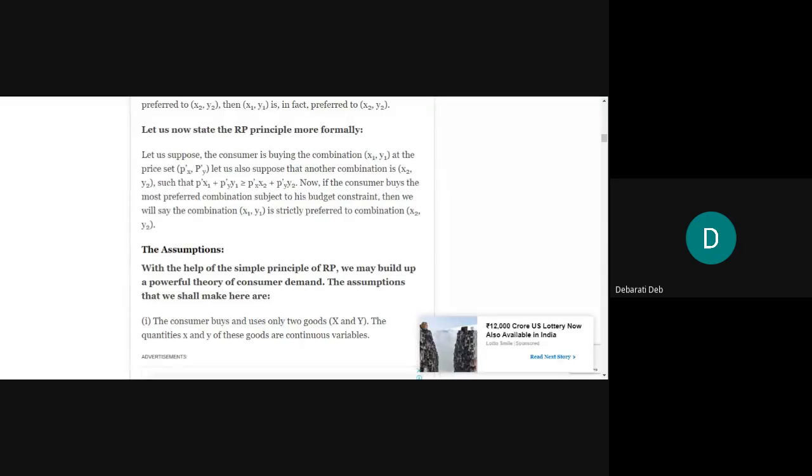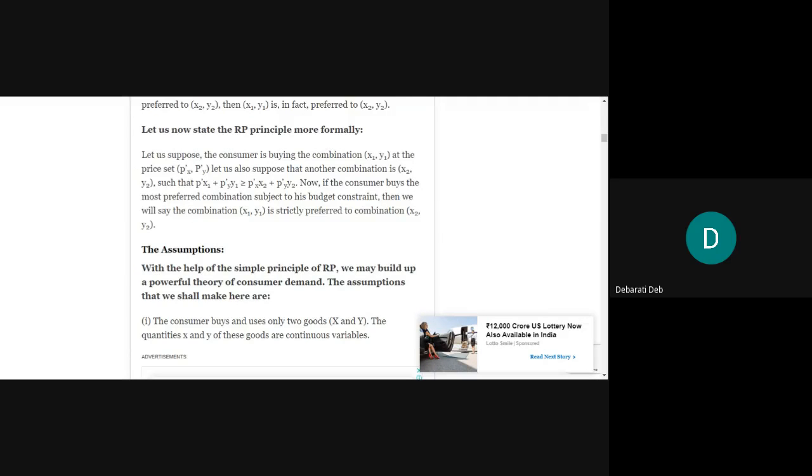Let us suppose that the consumer is buying a combination of goods: one is x1 and the other is y1. This is the combination of goods that he is purchasing, and the prices of this combination are small px and capital Py. At the same time, let us also assume that there is another combination also present, which is notified as x2 and y2,